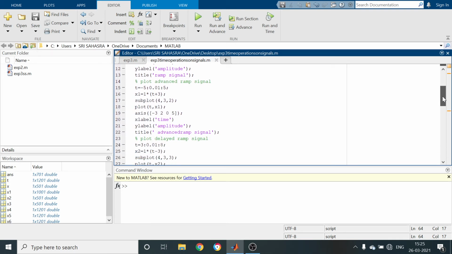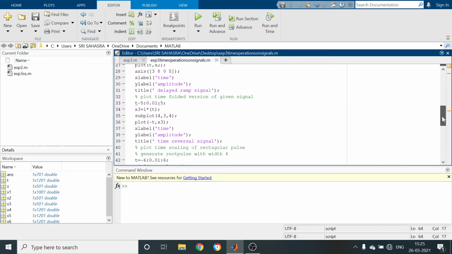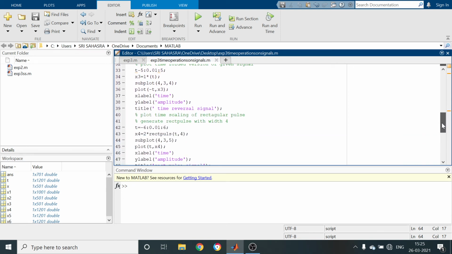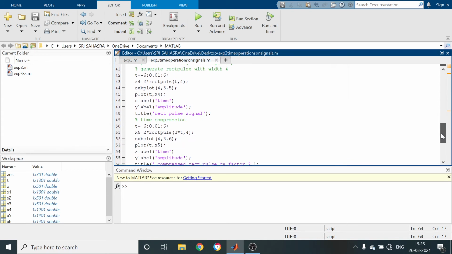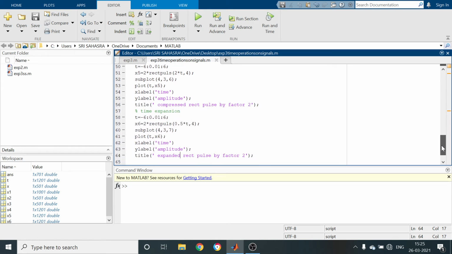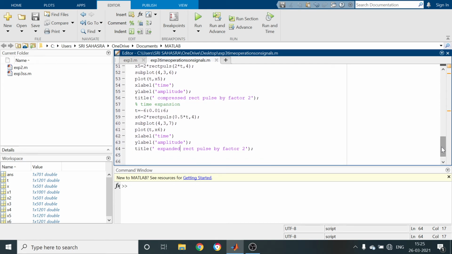You can get the time reversal, also known as the time folded version, and you can compress and expand the signal by a factor A, which may be greater than 1 or less than 1. So these are the amplitude and time operations of given signals.